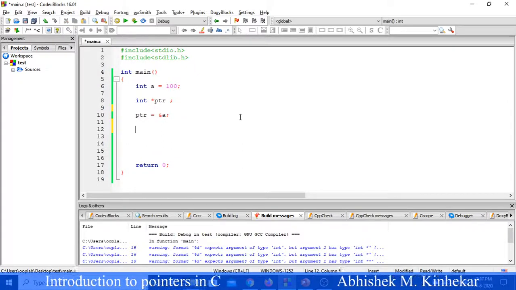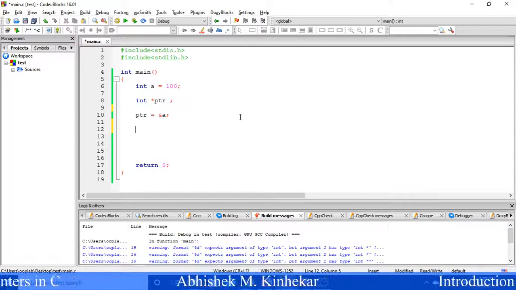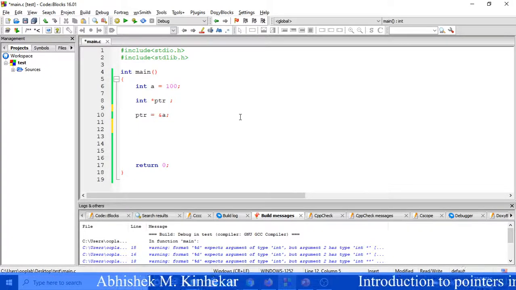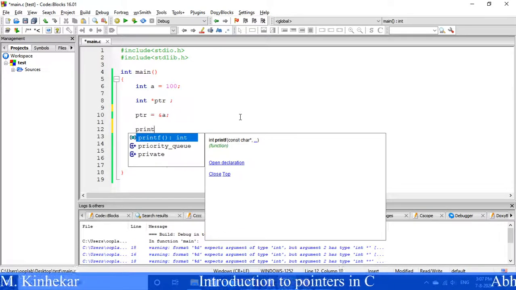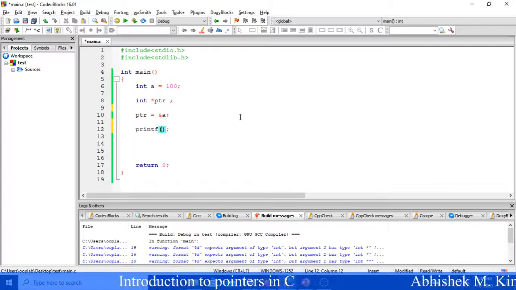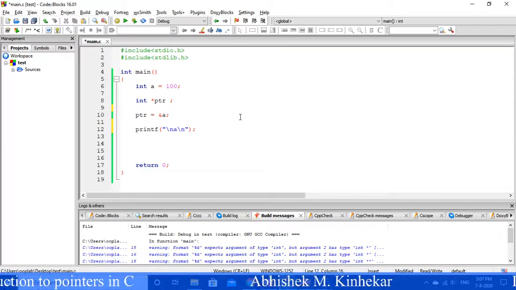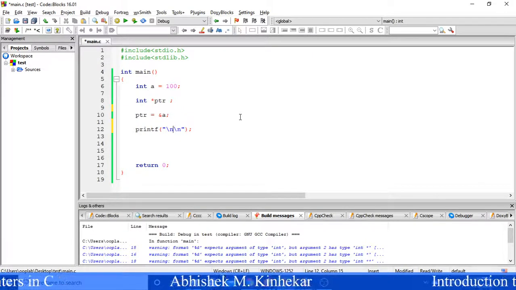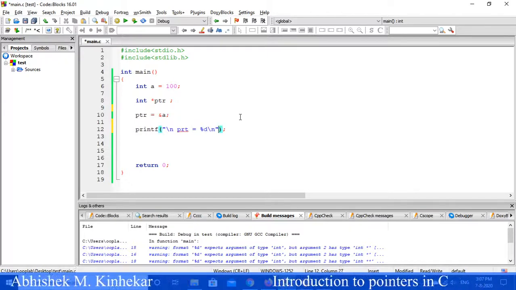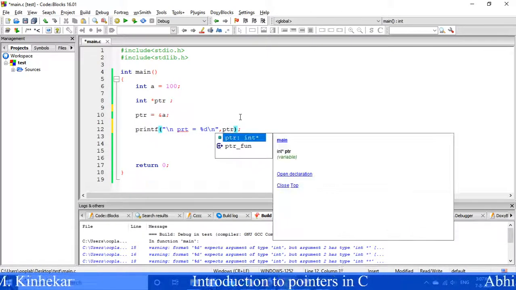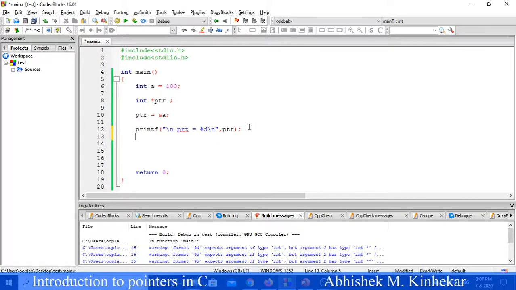So let us just see and try to print the values related to pointer arithmetic. Let us first see how addition and subtraction works in pointer arithmetic. So before that I write printf, double quotes, \n a equal to, now everybody knows the value of a, correct? So I will be printing ptr equal to %d, comma ptr. So what will ptr print? It will print address of a or some memory value, correct?